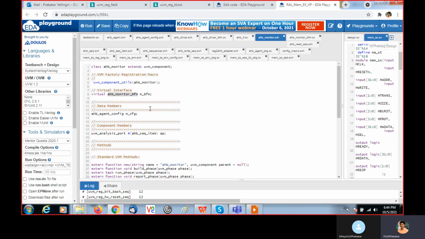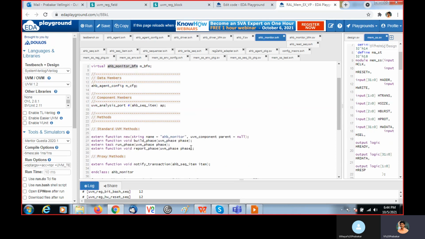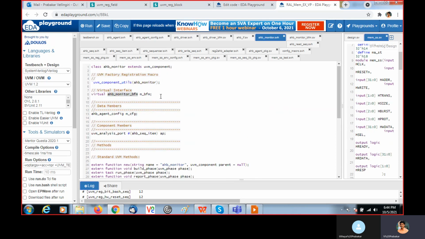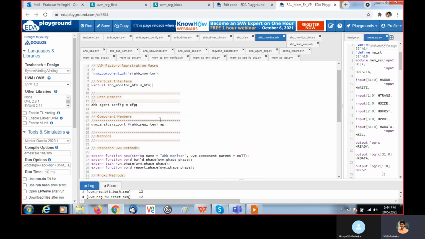It is similar to getting the virtual interface handle here. Instead of using the interface directly, here we separate it as a driver BFM and monitor BFM. The monitor BFM handle we declared here as a virtual mon BFM. For this, I need to get the actual interface handle.